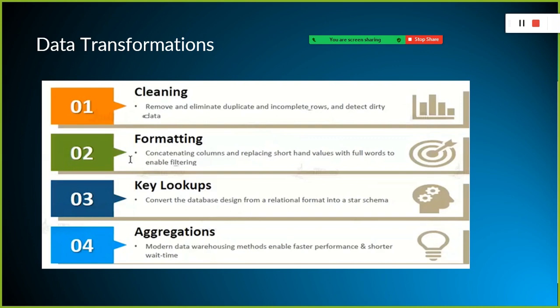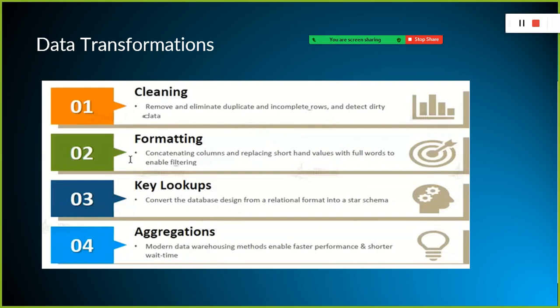Duplicate records can mislead you. For example, if the same invoice value is duplicated more than once, what will happen? When you see the report, it will mislead you. It will make you think, yes, my sales are far better now, when actually it was a duplicate of the record. Remove those kinds of duplicate records. In case of any missing values, you need to address them by performing data imputation.